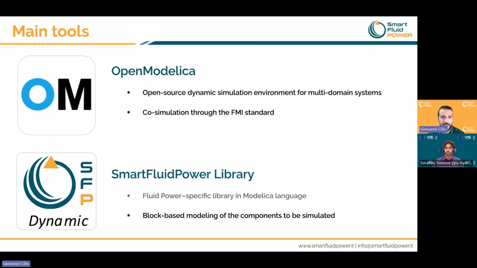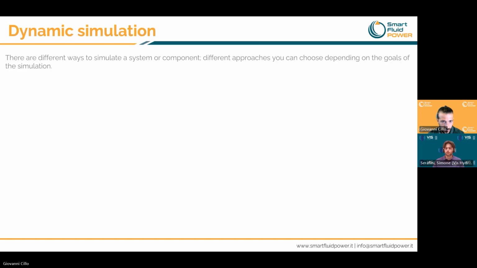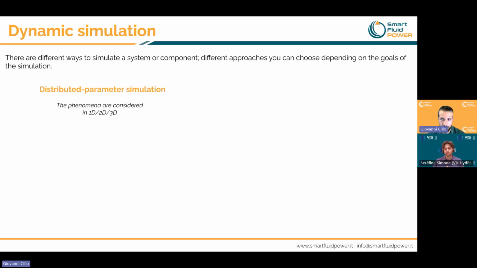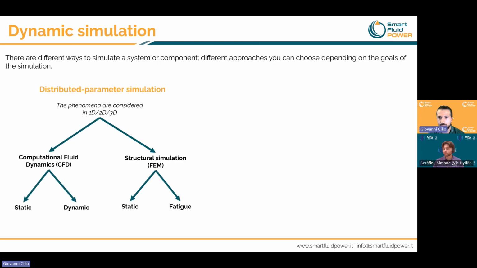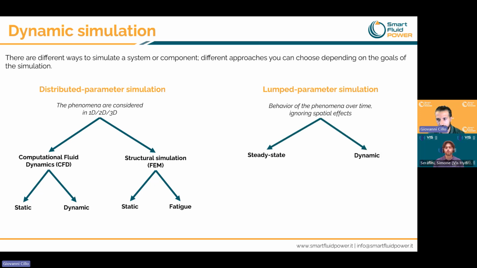Our libraries are written in Modelica code and are specialized for the fluid power sector with a lumped parameter approach. For those who are familiar with simulation, this differs from distributed parameter approaches such as CFD or FEM, which can be steady state or fatigue based. Our approach, on the other side, is based on lumped parameters, meaning that spatial effects are approximated, while system dynamics are fully captured over time. So this simulation is